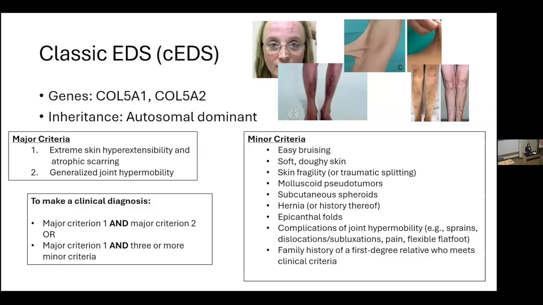To make a clinical diagnosis, we need to have major criterion 1, which is the extreme skin hyperextensibility and atrophic scarring, and major criterion 2, or the skin involvement with extensibility and atrophic scarring, and 3 or more of the minor criteria. The recommendation is for any of these genetically defined types, if there is a